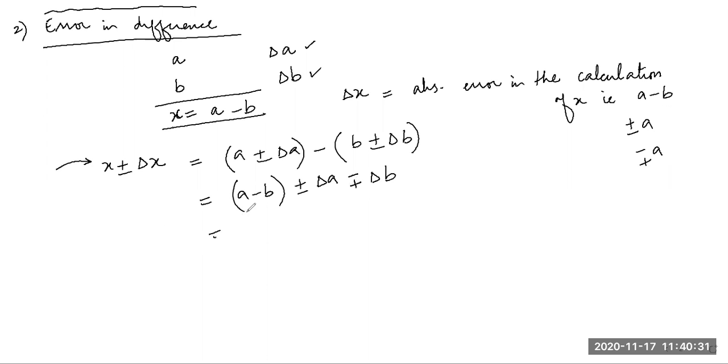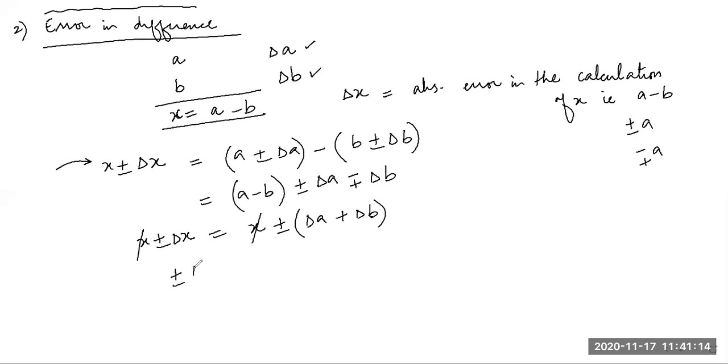Now A minus B is X. Here also it's X plus minus delta X. So if I take plus minus common, what do you get? Yes students, if you take plus minus common, what do you get? Please tell me. Delta A plus delta B. Yeah, you will get delta A plus delta B. Very good. So you can write like this, delta A plus delta B. That I have already explained to you, because plus divided by plus is plus, minus divided by minus is also plus. So now X cancels with X.